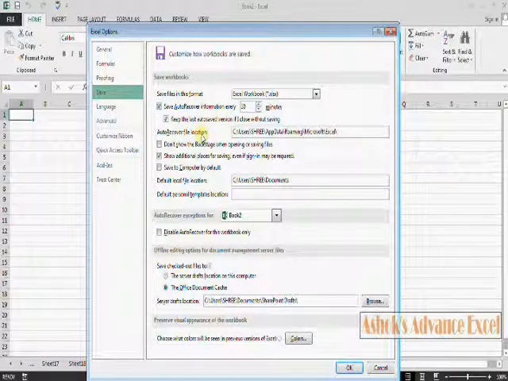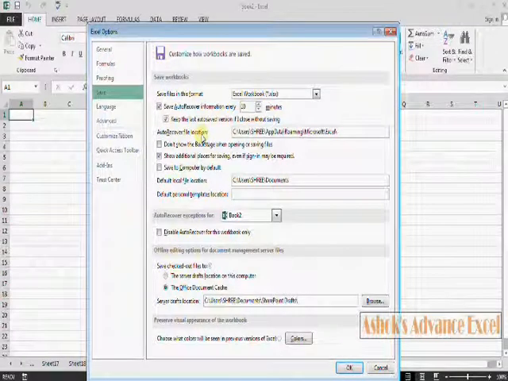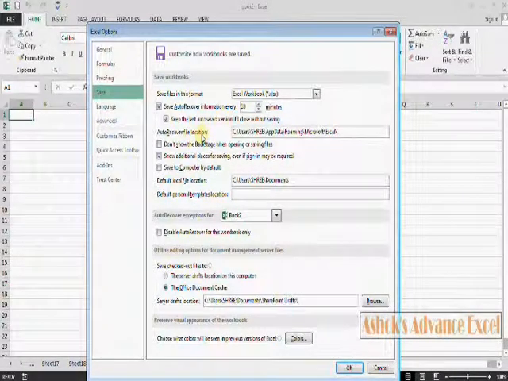AutoRecover file location. This is the file location where we can get those files which are saved by default by Excel when an immediate power shutdown occurs.